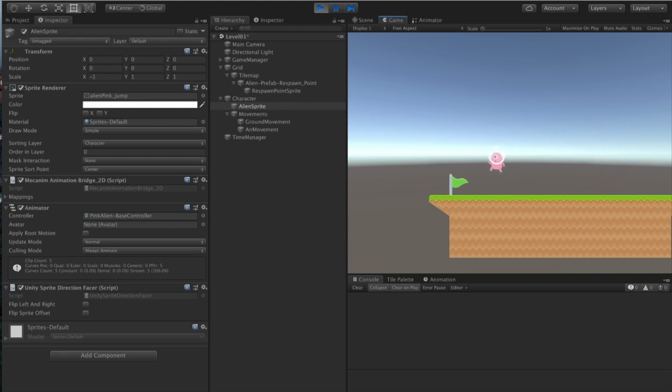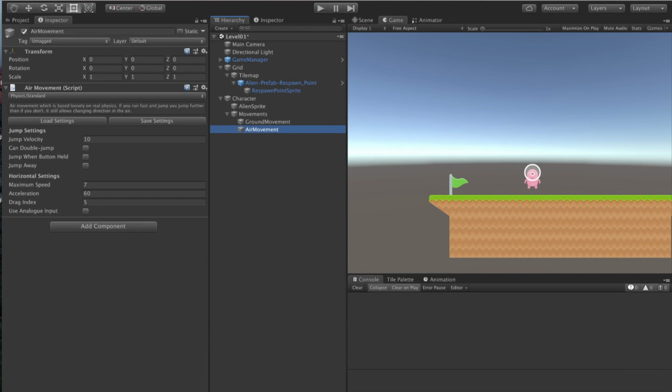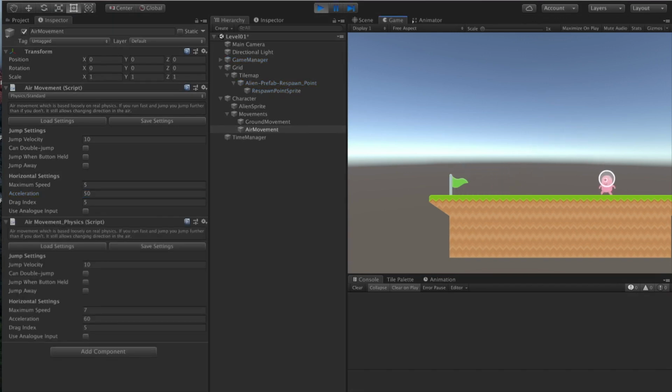So I think our character is mostly okay. However, his jump seems to move a bit fast in the horizontal direction. So let's change some of the movement variables. Let's go to the air movement. We'll reduce the maximum speed to match the walk speed of 5. And we'll probably slightly reduce the acceleration to match that. Let's give that a try. The character can still change direction in the air reasonably fast, but their jump is now the same speed as their walk.